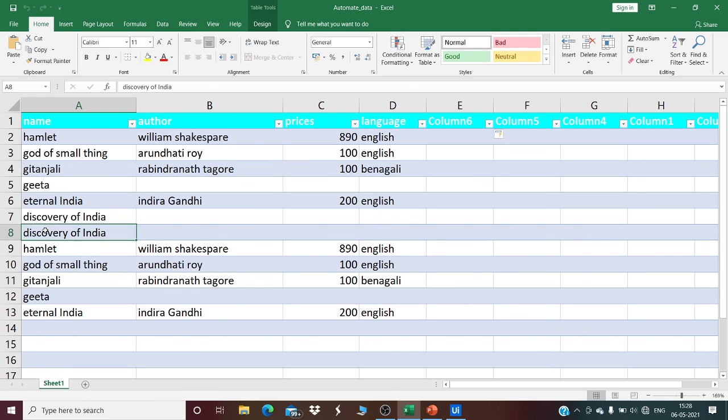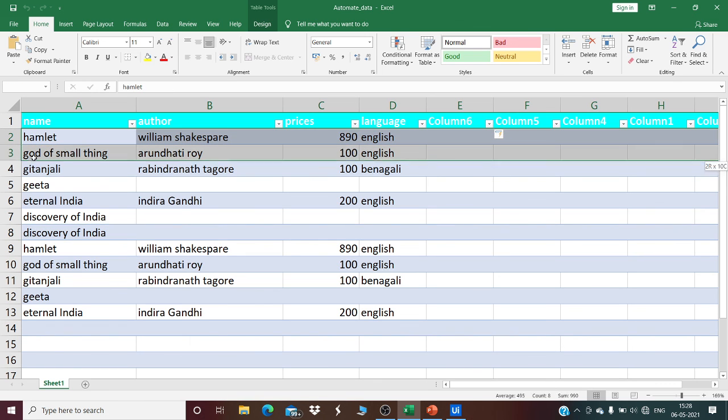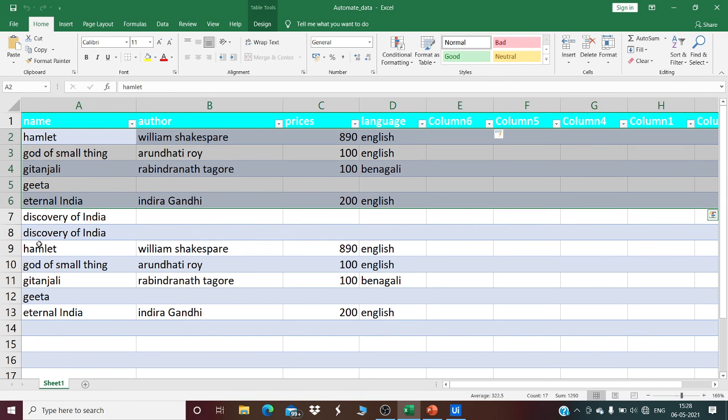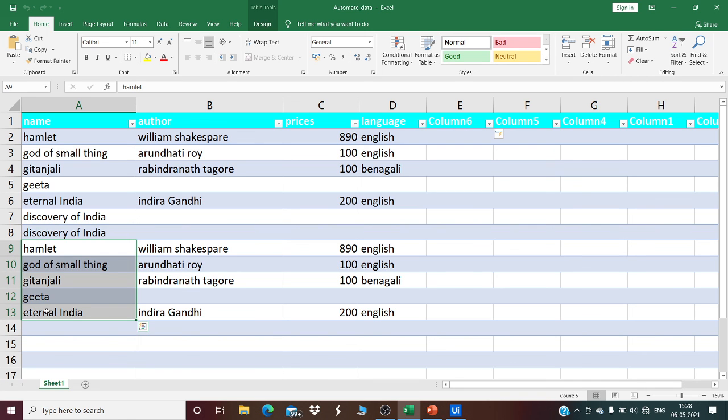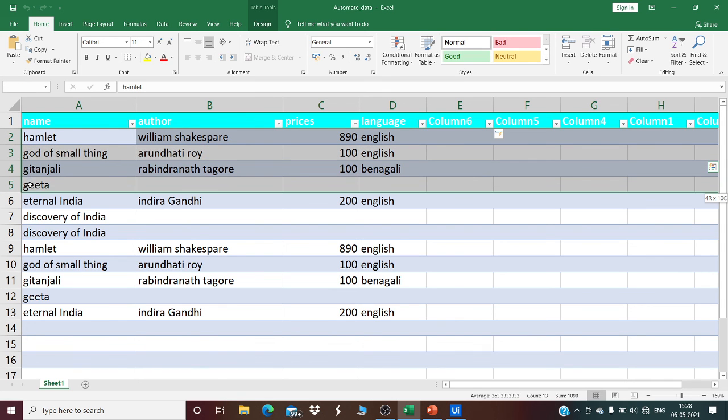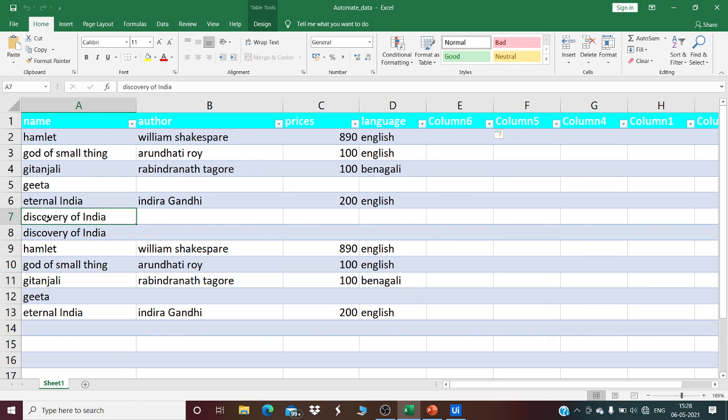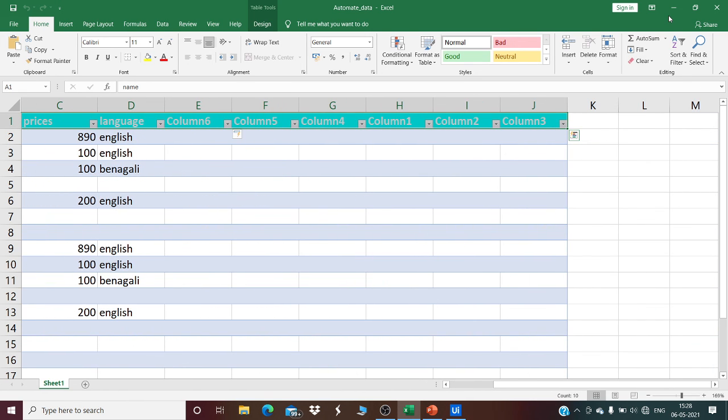This is Discovery of India. It remains as it is. From here it gets appended up to here. Up to here we get up to 13. We had only 4 lines of data, 5 lines of data. We get this one by write cell activity, and this one we get from append, and these header names get from set range color.